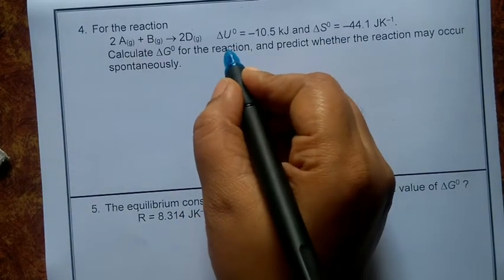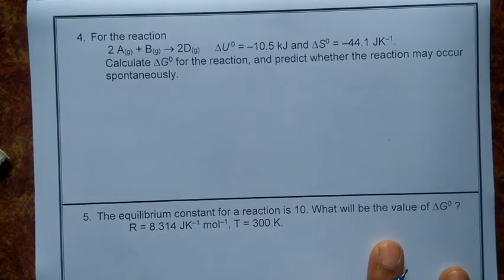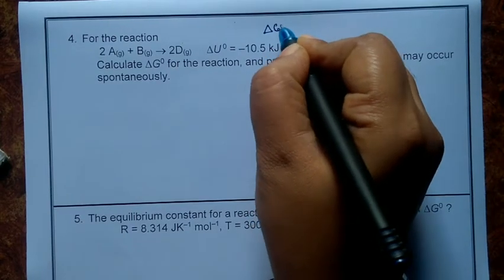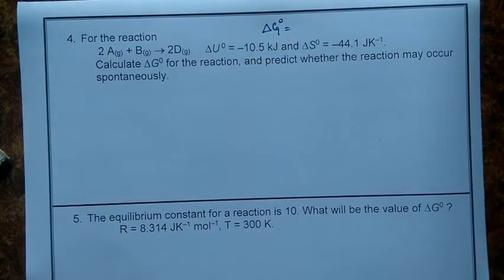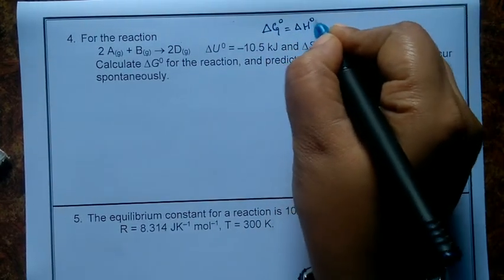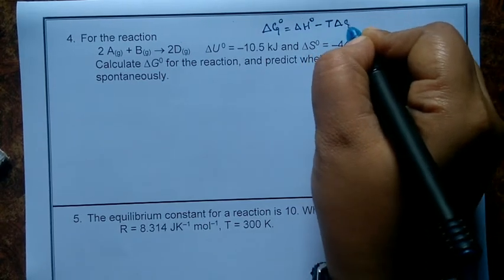So here, if you have to check delta G naught, we have already studied in our last class that naught indicates the standard. That is, the reactants and products are in their standard state. Then the enthalpy change, entropy change and the Gibbs energy change for a reaction become the standard Gibbs energy change, standard enthalpy change and standard entropy change. So we have a formula: delta G naught equals delta H naught minus T delta S naught.